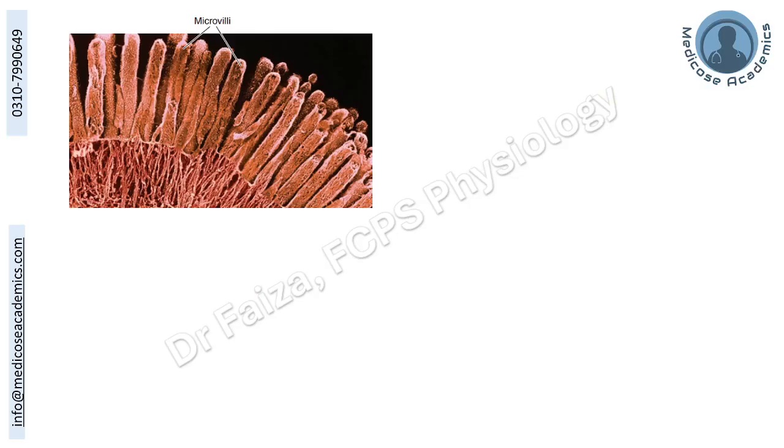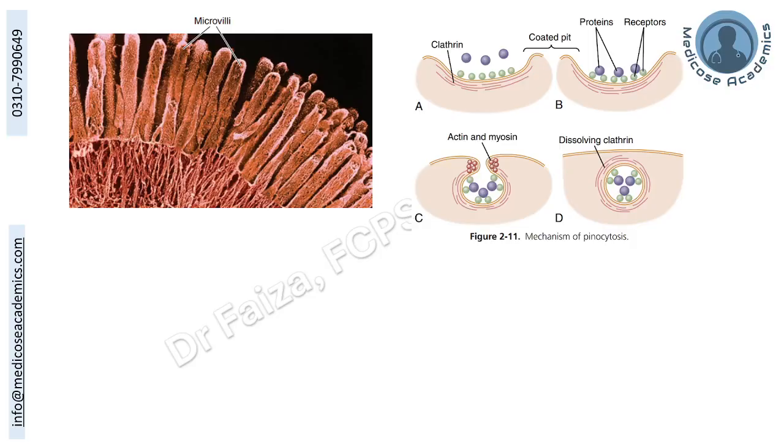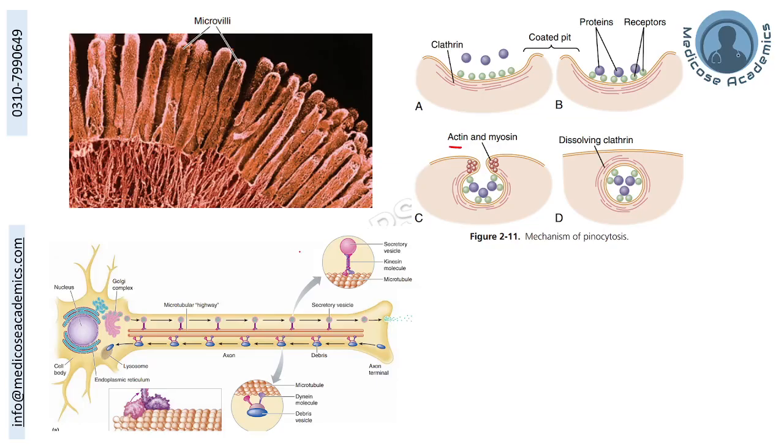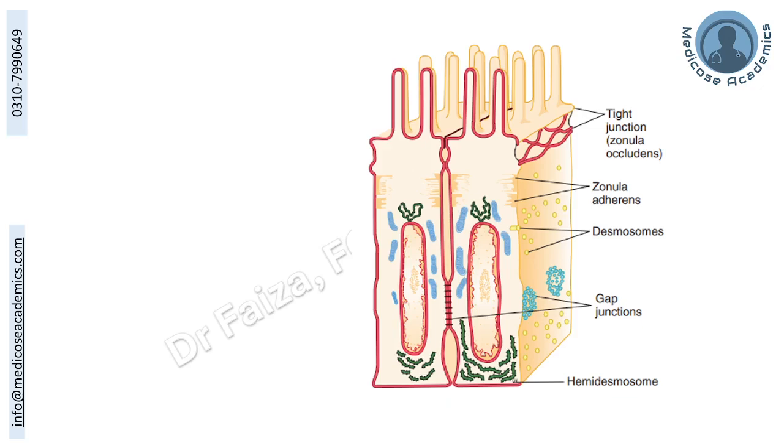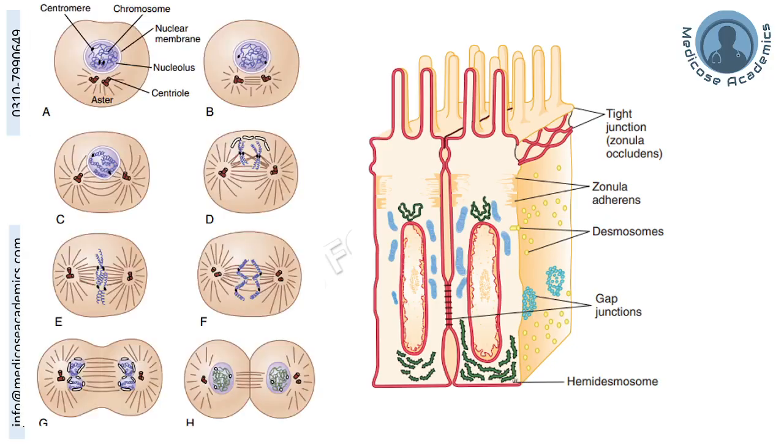This is showing microvilli, which has actin inside. This is showing the role of actin in the pinching of the endocytotic vesicle. This is showing the role of actin in facilitating the molecular motor function, and this is showing the role of actin in the amoeboid locomotion. This is showing the role of actin in different cell junctions. We will have a separate session on the cell junctions, and we will see in which of these cellular junctions actin has the most important role to play. This is showing the role of actin in the cytokinesis.